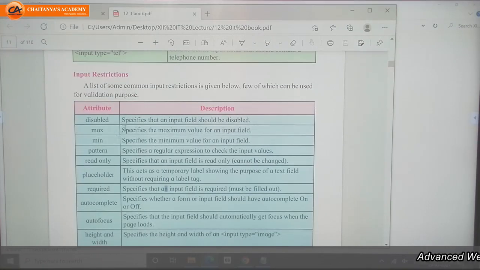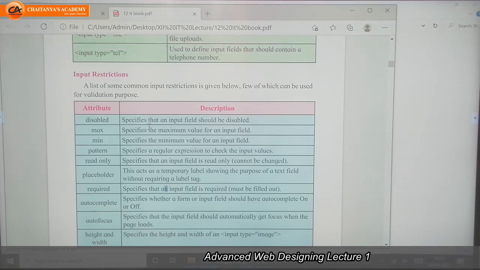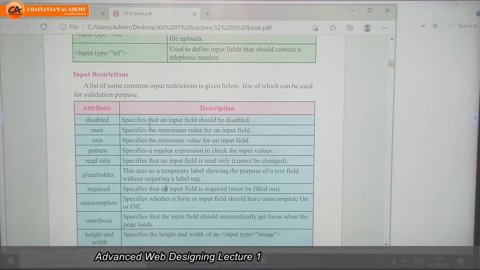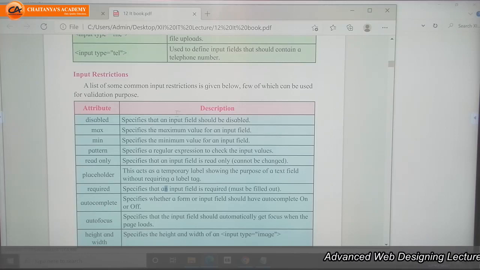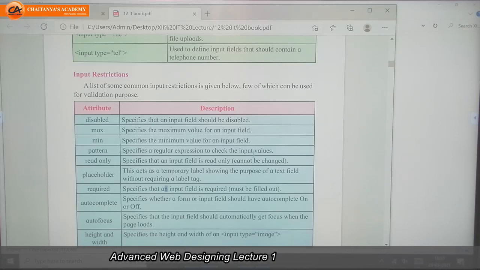Max. Max means what? It specifies the maximum value for an input field. And min, it specifies the minimum value for an input field.